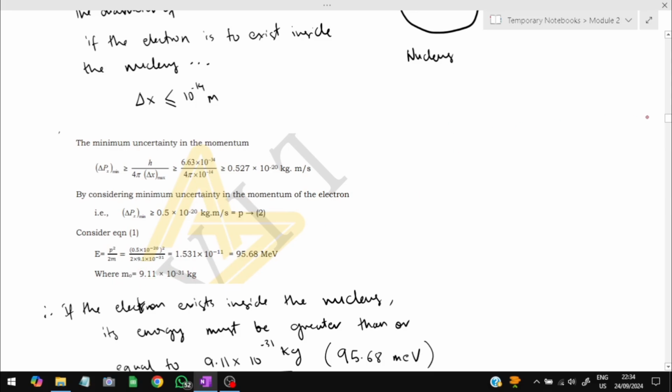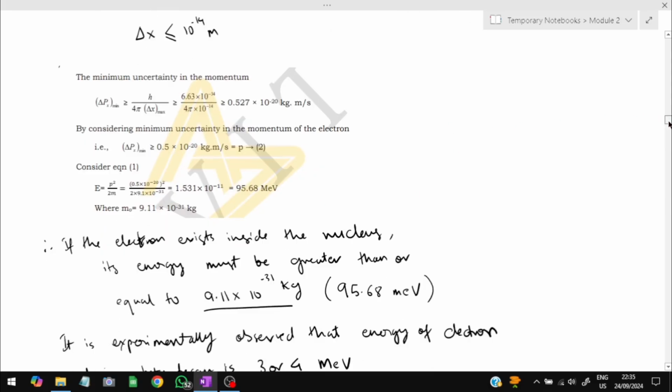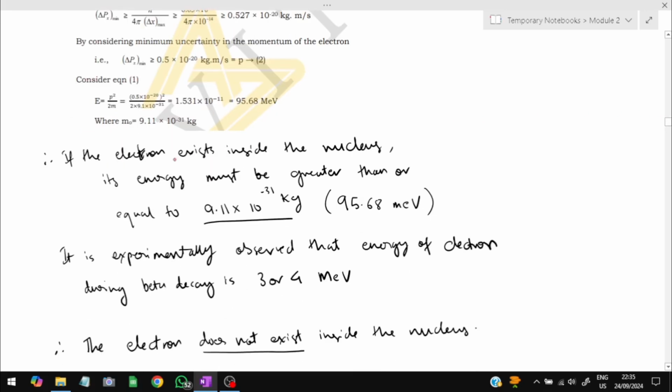Now what we are trying to prove is the non-existence of the electron inside the atom, right? So if the electron exists inside the nucleus, then the energy must be greater than or equal to 9.11 × 10^-31. This is the minimum value we are considering, since we consider the minimum momentum here. So this value of the mass is the minimum mass. So if it has to exist, it should be greater than or equal to this value,